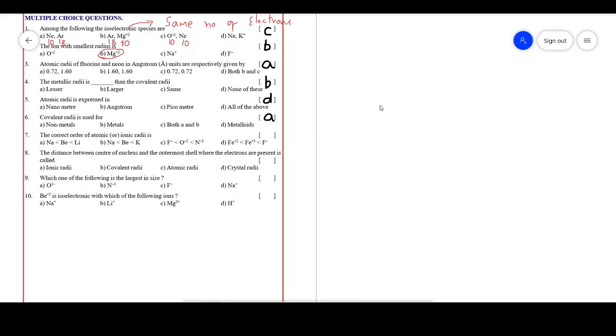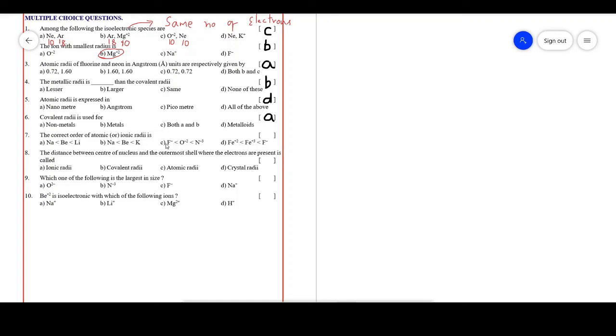Next, let us see this example. Sodium, beryllium, and potassium. Potassium is below sodium, and beryllium will be here. This is the second period, third period, fourth period. Among these, potassium will have the larger size. So this is right. And after potassium, sodium will have the larger size. But in the option, beryllium is given. So the second option is also wrong. Next, let us see the third option. The second is also wrong, so this is the right answer.